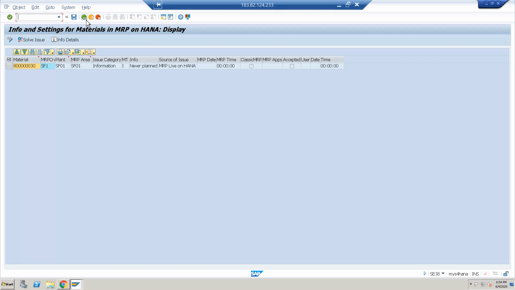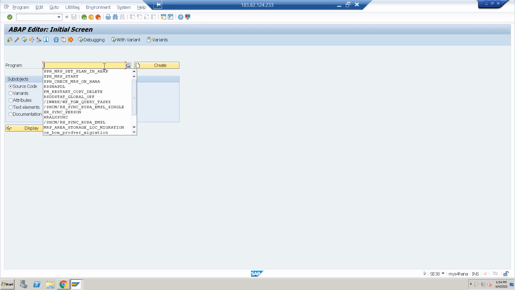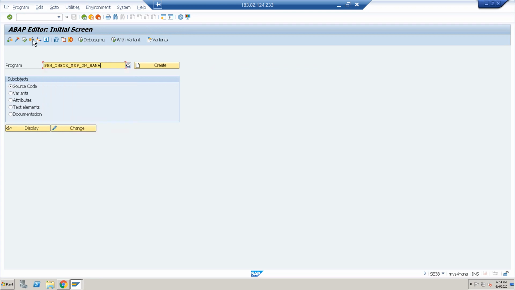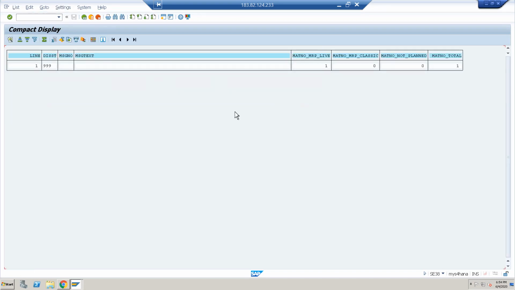Never planned. This server is having a problem, that's the thing. Okay, now it is possible to run because this material type is different, so we can run. Okay, the material has been created.